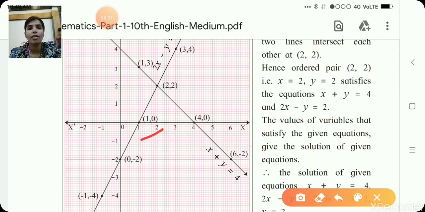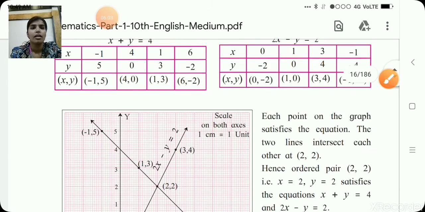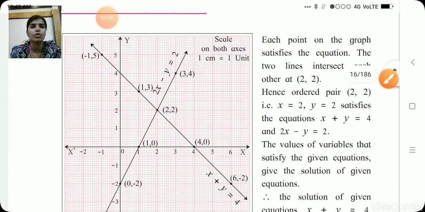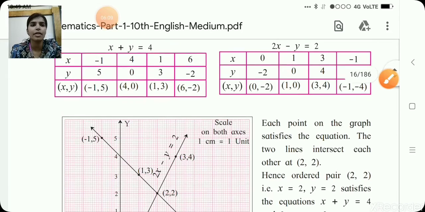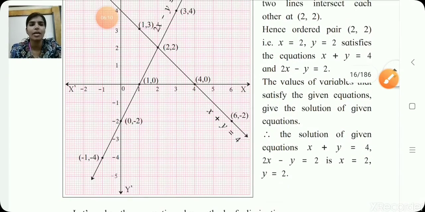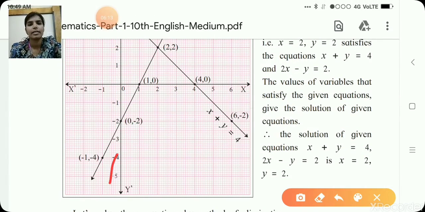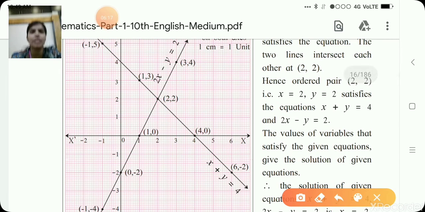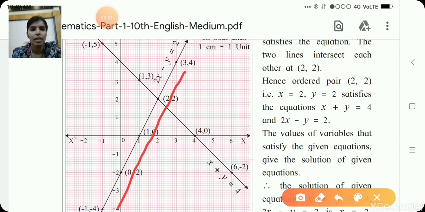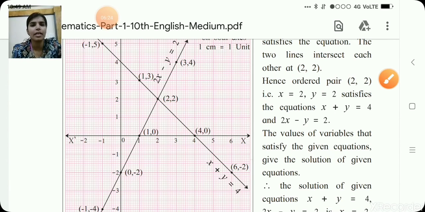Then our next coordinate is 3 comma 4, which is available here. Then the last coordinate is minus 1 comma minus 4. It is here. Then we again draw a line passing through all the coordinates. We write the equation of that line here,